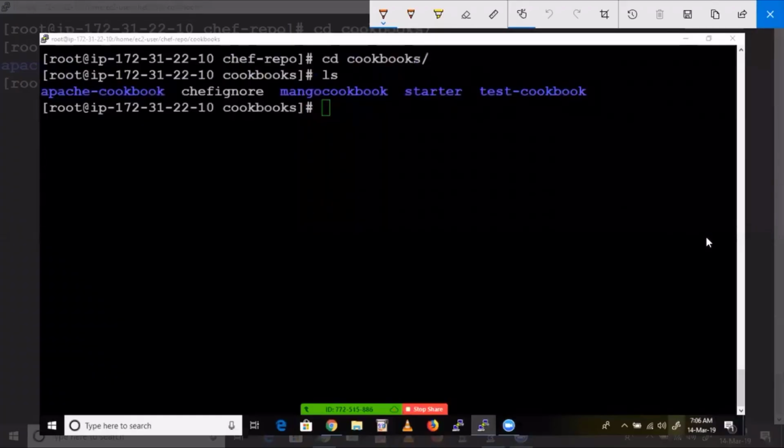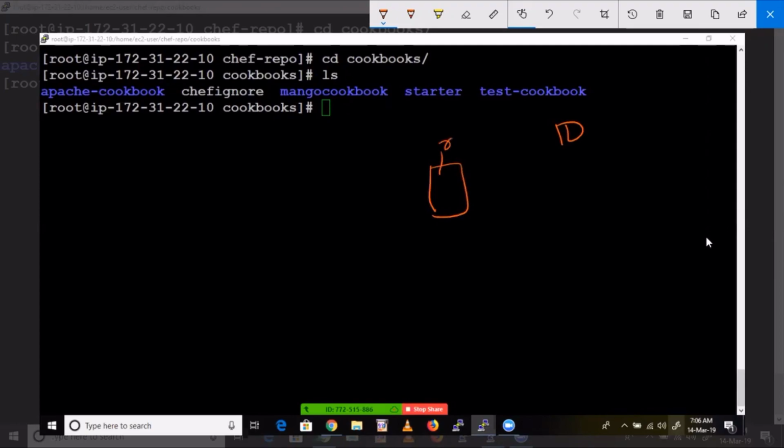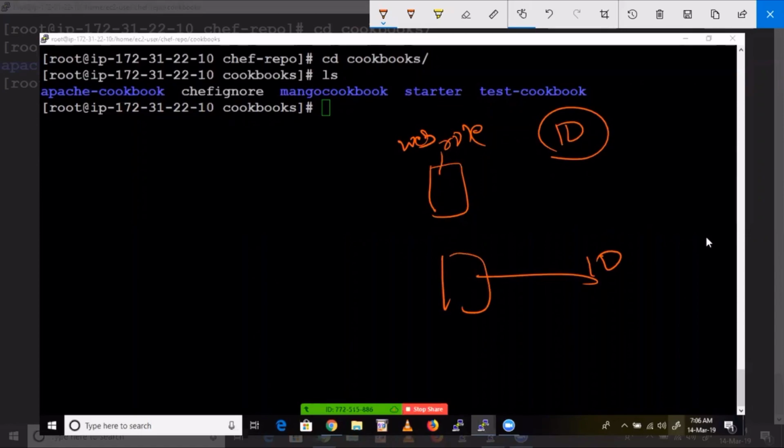See why you are grouping these nodes. Suppose 10 nodes are there, and you attach these 10 nodes to one role. That means these 10 belong to one family. That's why we give the web role, which means these 10 are web servers. If 10 other servers belong to some other family and you want to apply different cookbooks, you create one more role and attach those 10 to that role. Whenever you attach any cookbook to a role, only those 10 will take it. Like that, you create different roles. Got it? Okay, that's how we do it.